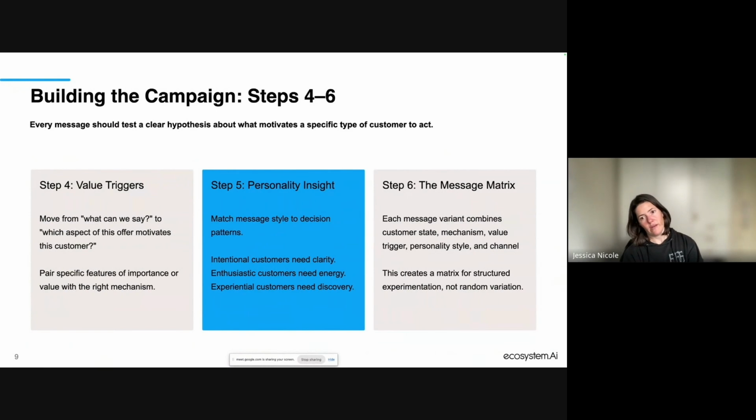And once all of this is done and everything is brought together, and we've got the context and the mechanism and the value and the personality of them and the channel through which all of this is going to be pushed, this is where the fun stuff happens. This is where you can start to craft out your message matrix. Now, I think for a lot of marketing teams and a lot of businesses in general, the idea of a message matrix is perhaps a little bit overwhelming, because a lot of places are used to going, okay, we want to sell this new watch.